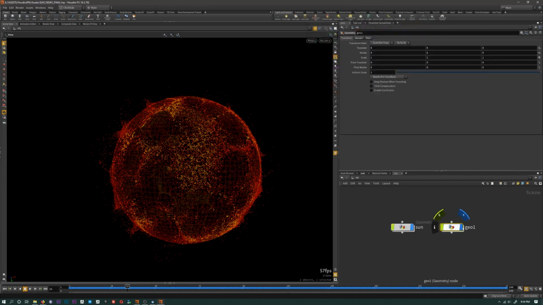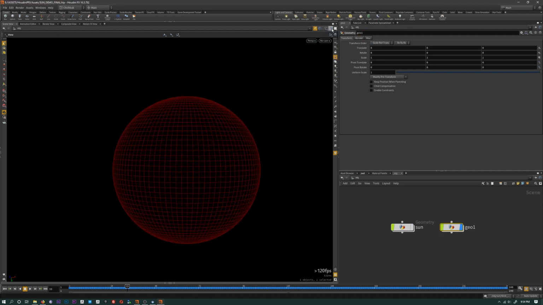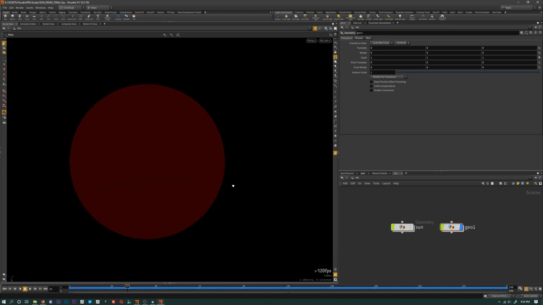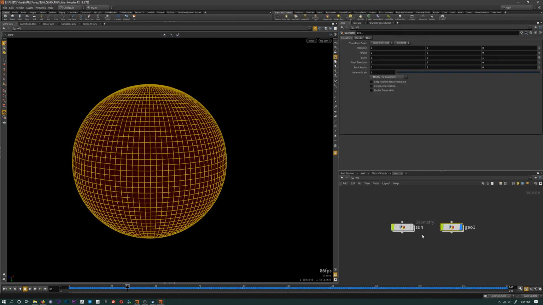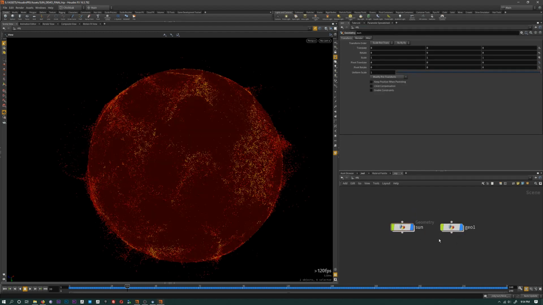So we have, okay, just a second. Okay, so we have a simple sphere here and the particles over here, and combined together